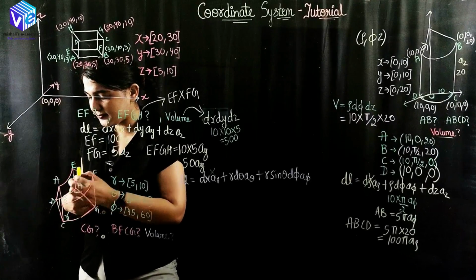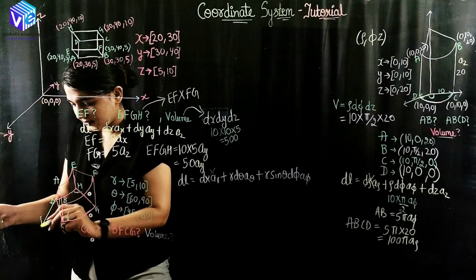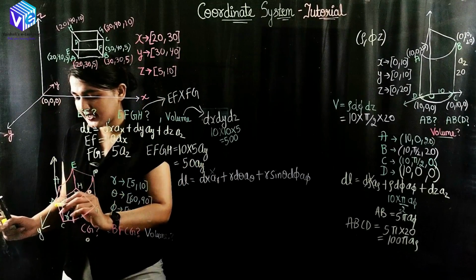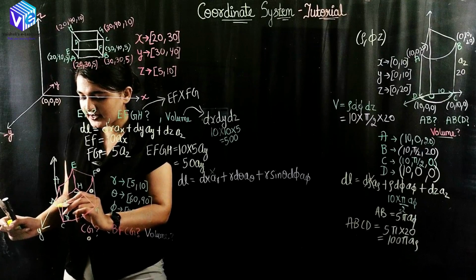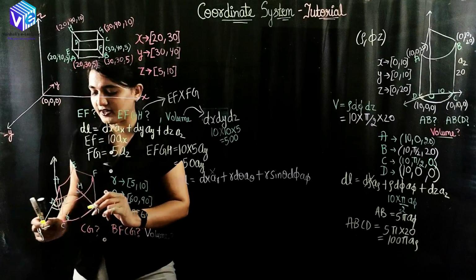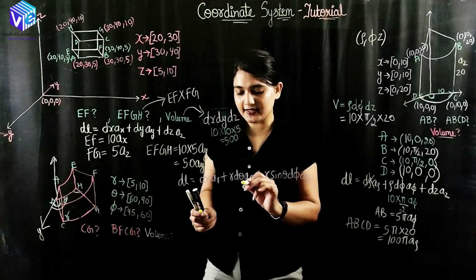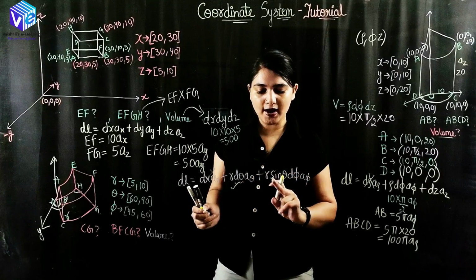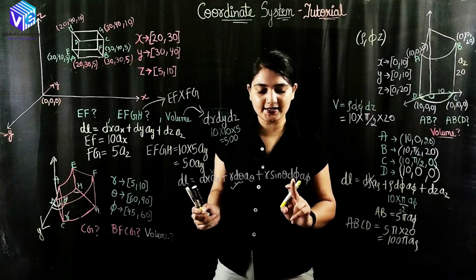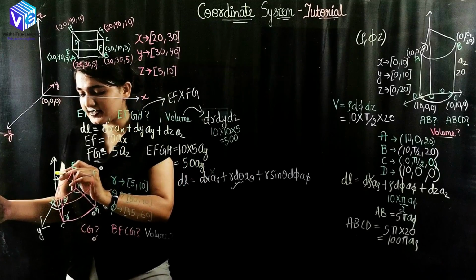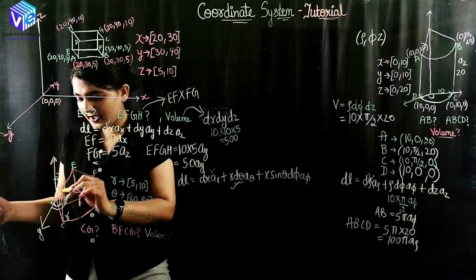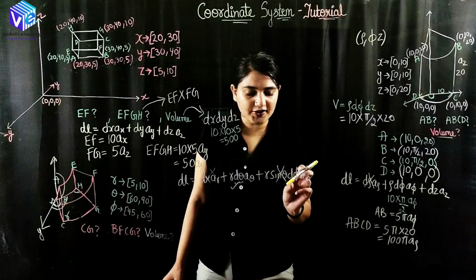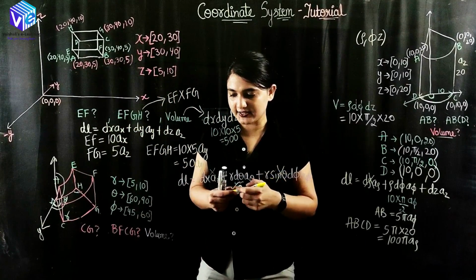So let's suppose this is my y axis and this is my z axis. From here I will be measuring. This angle is different and this angle is different. So this is how I will be seeing that there is a difference in theta. So I will be accepting this term. Now I will be moving on to the next term. Here I will be seeing d phi. Phi is from this axis. So here for both of them I have same phi and I can reject this because d phi will be 0. So I will be directly rejecting this.